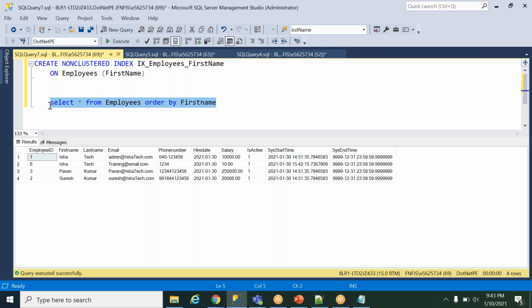So creating an index is a one-time job, or do we do it at runtime? It's a one-time job. That's what I'm doing, I am creating the index on this.